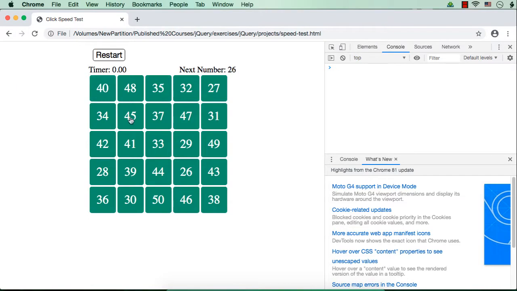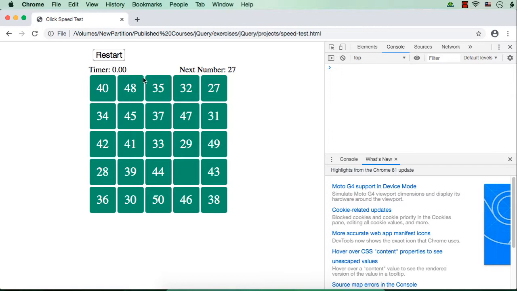And after this, when we click 27, actually what should happen? This is now becoming empty because we have already clicked the number. So once the number becomes 26, we can change the background color to white so that the user will have a feeling like it is already done. Hope you understand what I am trying to say.